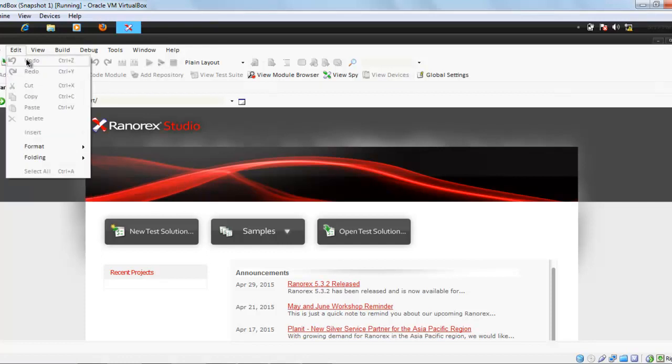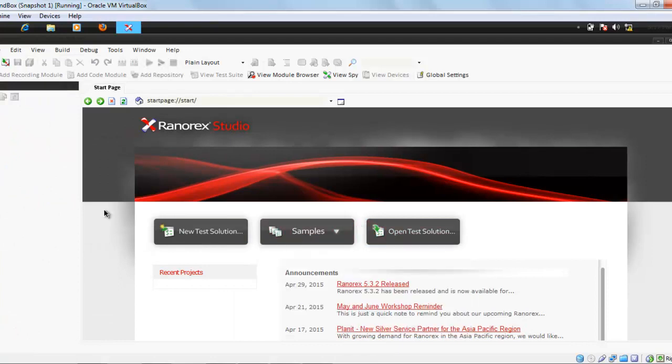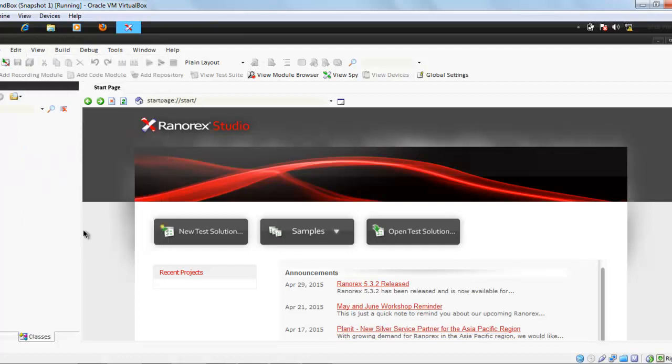Second thing is edit. You can undo, redo the typing script by changing this one. You can also add comments and copy paste the paths, the folders, paths. The view project basically gives you the basic idea regarding the recent projects. On the left side you can see we show you the structure of the project. Classes basically show the C Sharp or VB classes the user has created. That's going to be shown up in this area.